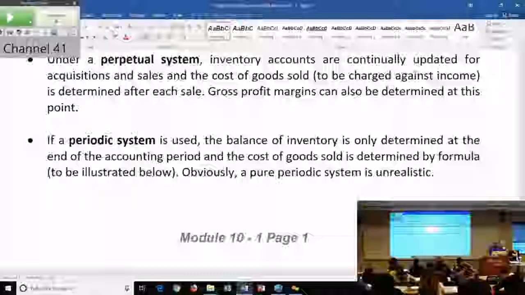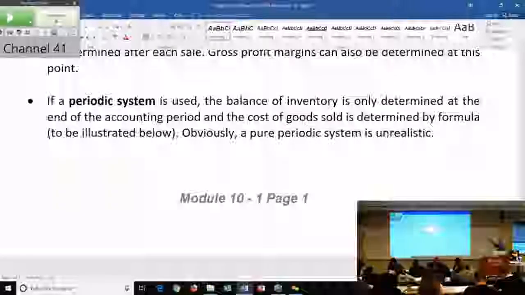And the only way that you will determine inventory and cost of goods sold is to go through that cost of goods sold formula. So under a periodic system, the only way you can determine ending inventory is by a physical count, and the cost of goods sold is going to be